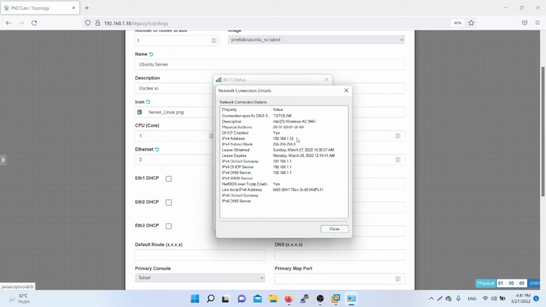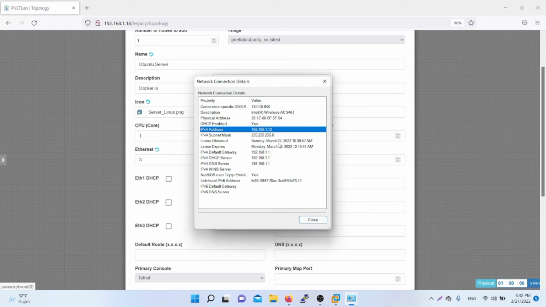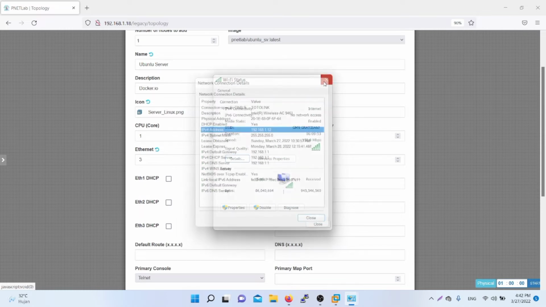Now I know I have the IP address 192.168.1.12, and for default gateway I get 192.168.1.1.